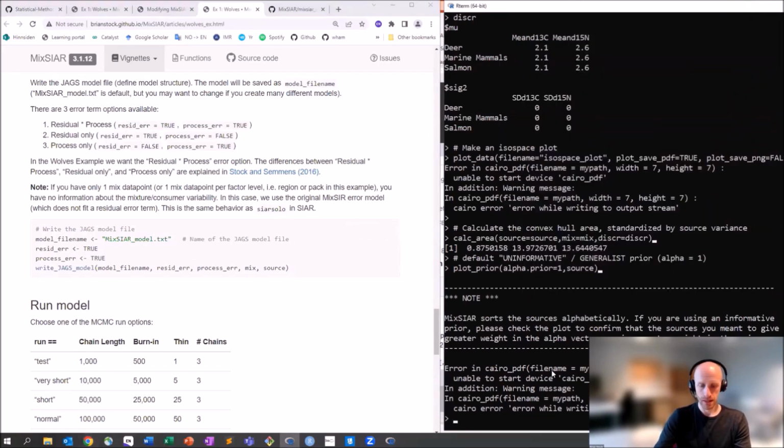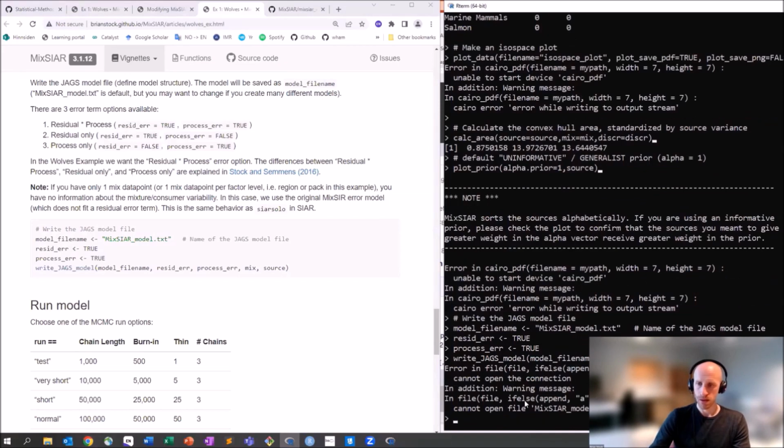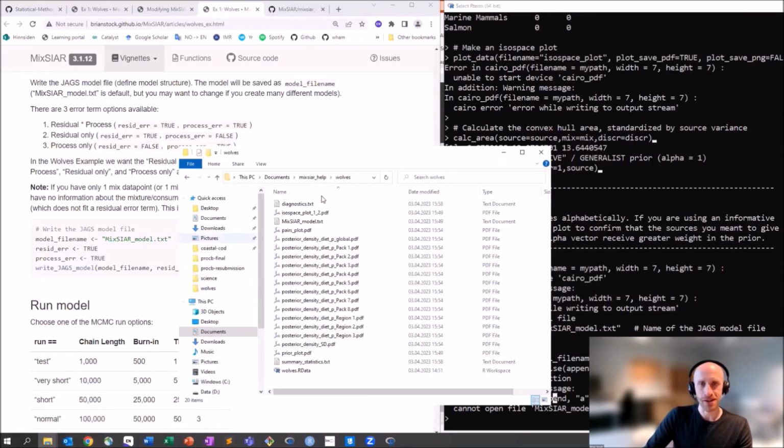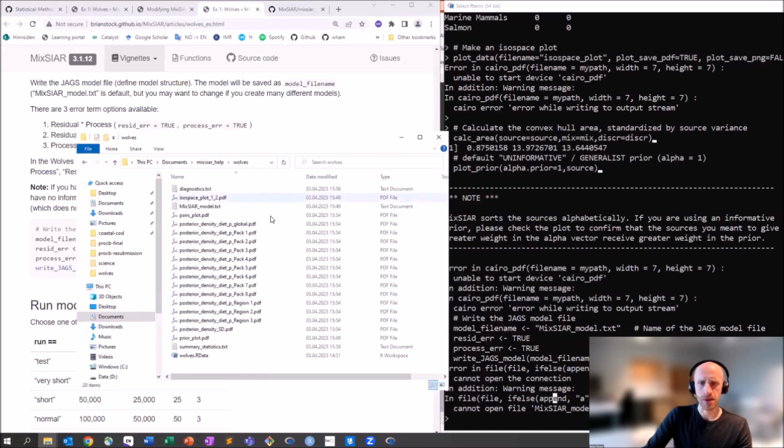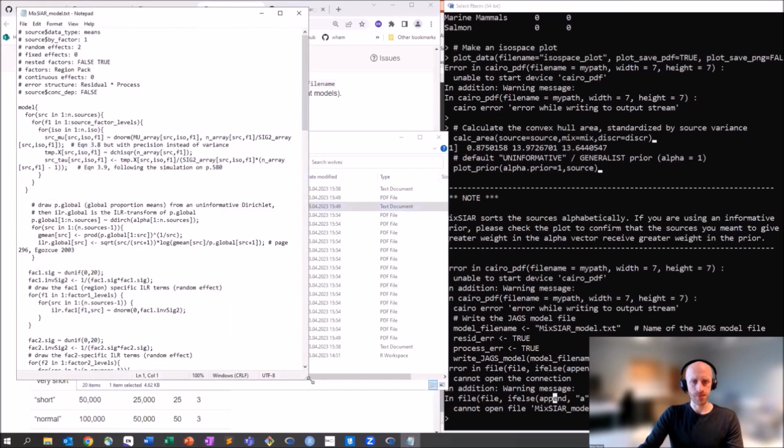So we can, all right. Luckily, I've already run this. So hopefully this is working on your computer. I don't know why it's not working now, but it was earlier. So that should make this MixSIAR model